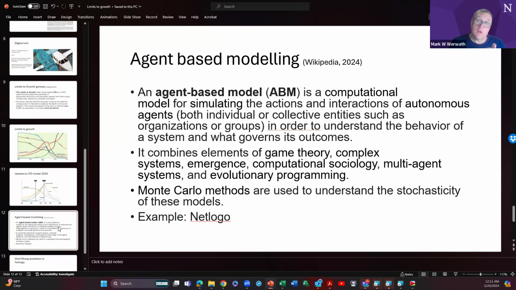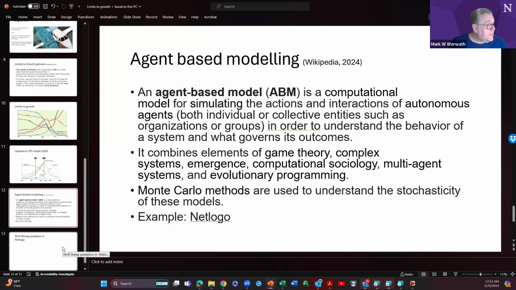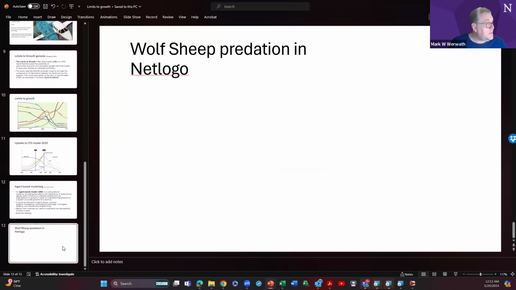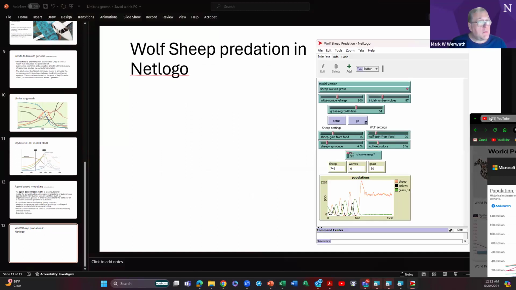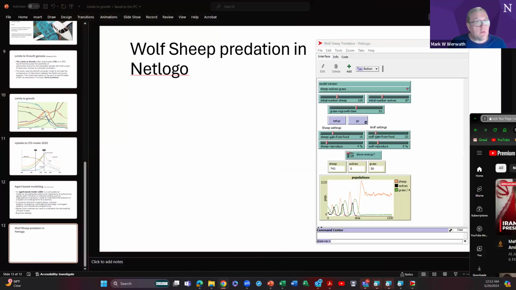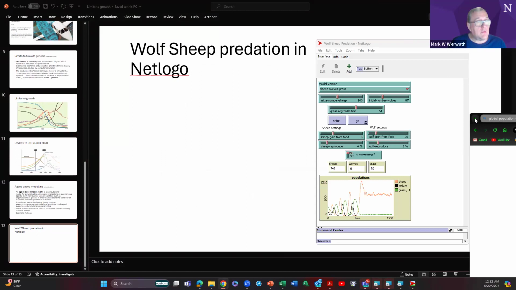which is, of course, modeled in the time domain, right? It combines elements of game theory, complex systems, emergence, computational sociology, multi-agent systems, and evolutionary programming. Monte Carlo methods are used to understand the stochasticity of these models. And the model I would like to use today, for a few moments at least, is called NetLogo. So let me bring in some NetLogo simulations, right? This one in particular is known as the,